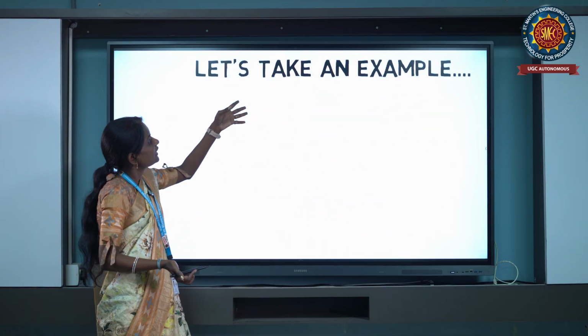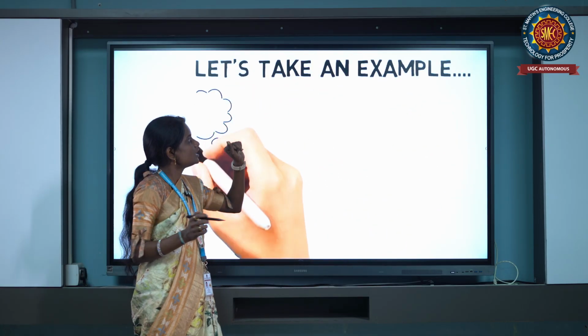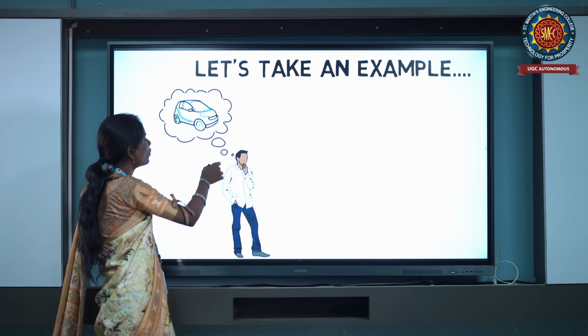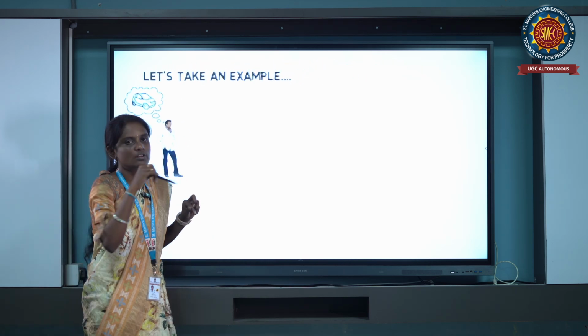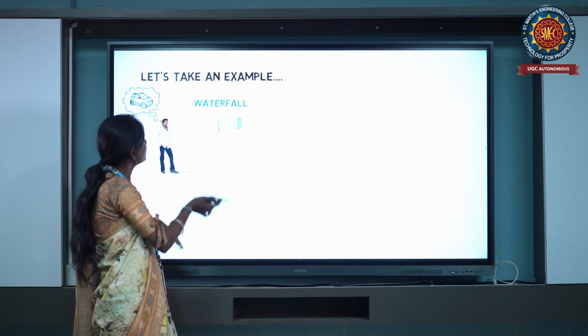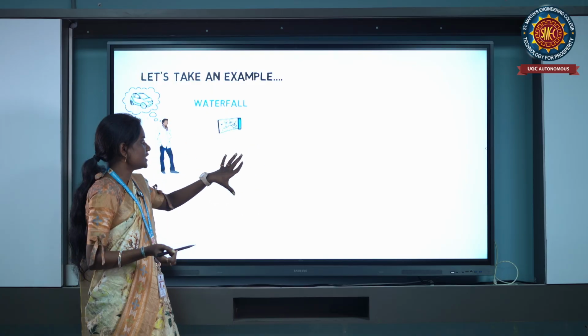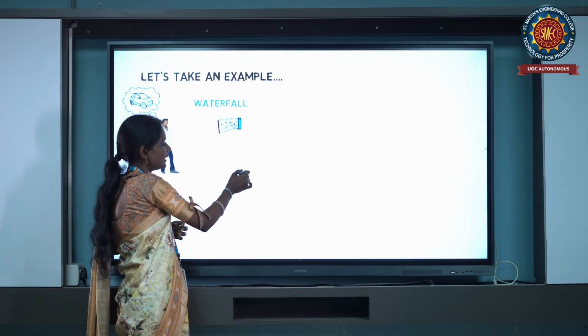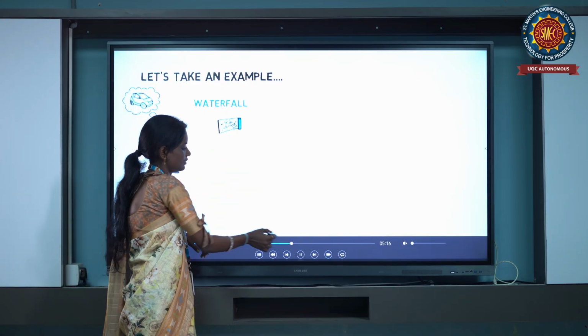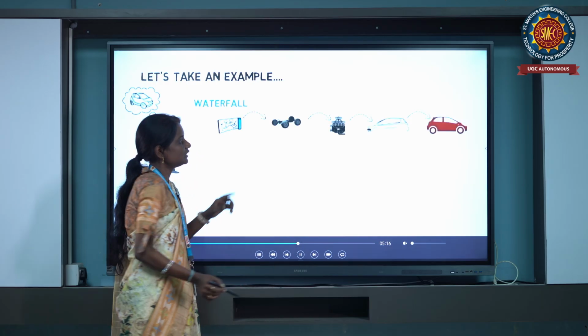Let's take an example for the agile model and the waterfall model. If the customer wants to buy a car or design a car, in the waterfall model he may not be satisfied because they will not get any update from the customer.